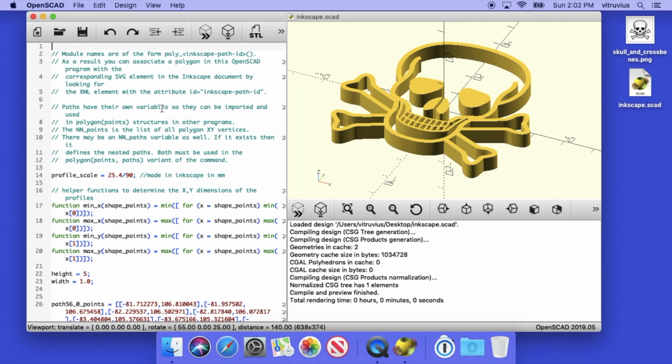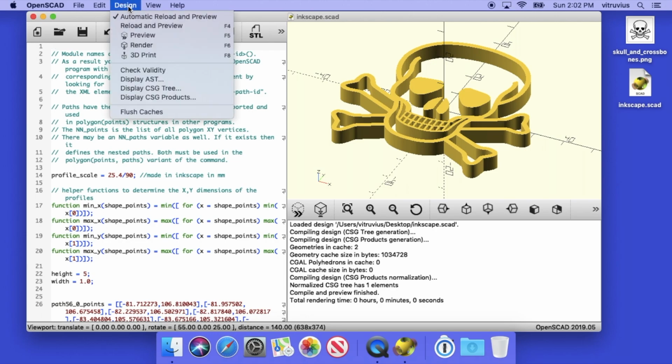Now, as a first step, what we want to do is change some of the default behavior of OpenSCAD because it can be somewhat problematic. If you go to the design menu, and click on that, you'll see there's a check mark beside an item called automatic reload and preview. And what that accomplished is what we just enjoyed, was the file being opened and the object we created automatically being displayed. But that's not something you really want to happen all the time, because if you open a very